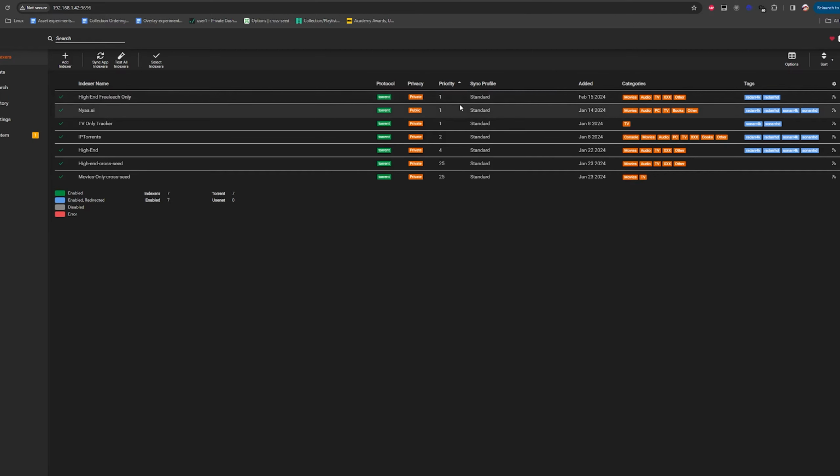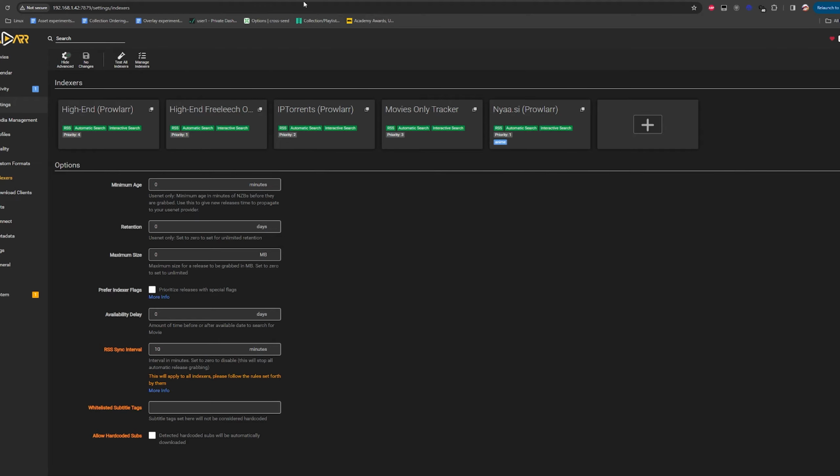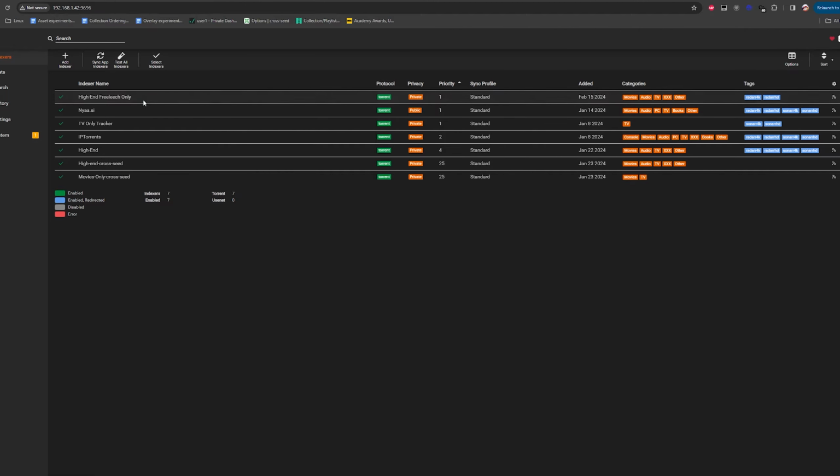So this would technically be the first one over BitTorrents. If this high-end tracker has a Freeleech only version of a super high quality movie that the other trackers, like for example, the movies only tracker has, why wouldn't I grab the Freeleech only one? Think about it. So this makes sure that I'm taking advantage of that.